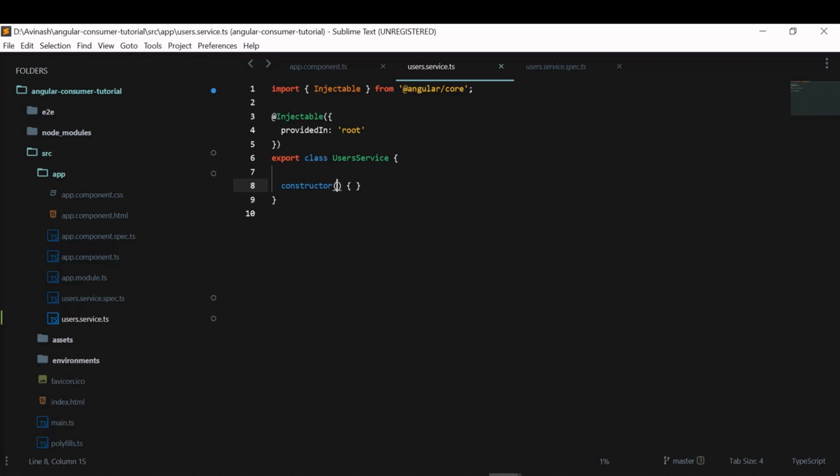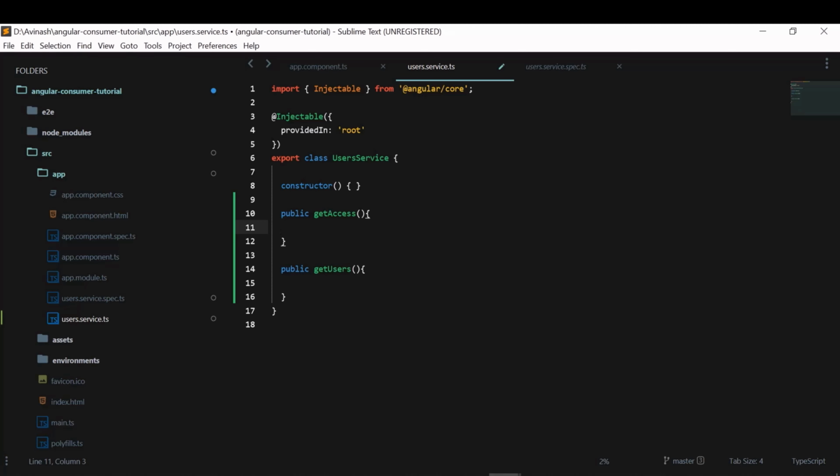And here in this service I write two methods. One is to get authenticated with the API, and another one is to get the users from the API. So the first method will be get authentication. The method is public, get access. So this is the first method, and the second method would be get users. These are the two methods I'm going to create.